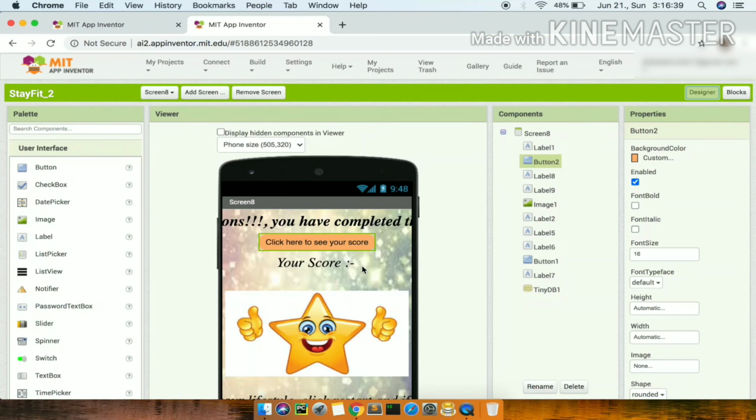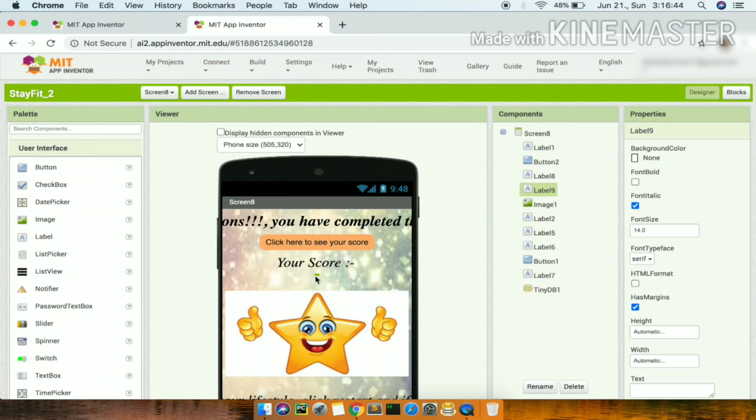In the designer section, this is label 9, your score. And after this your score we have this empty label. When I click this button, it will change this label 9 font size to 28, and then it will set label 9 dot text.